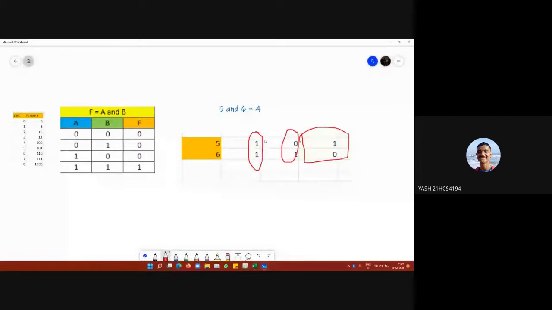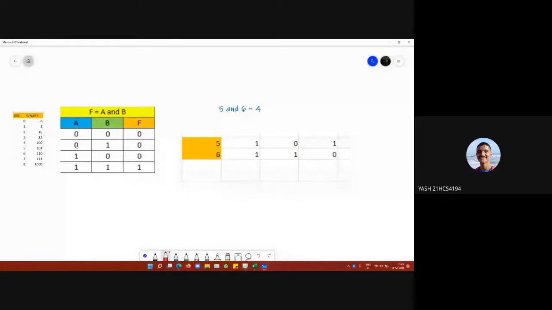If we do 1 and 0, we can see on the AND table, if the first value is 1 and the second value is 0, the AND operation returns 0. So here the output would be 0. Again, 0 and 1 will also be 0, and 1 and 1 will give us the output 1. In this way, the bitwise AND operation takes place.